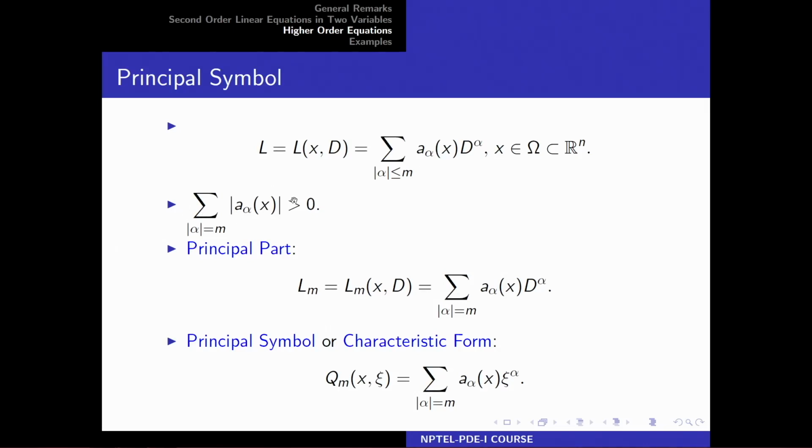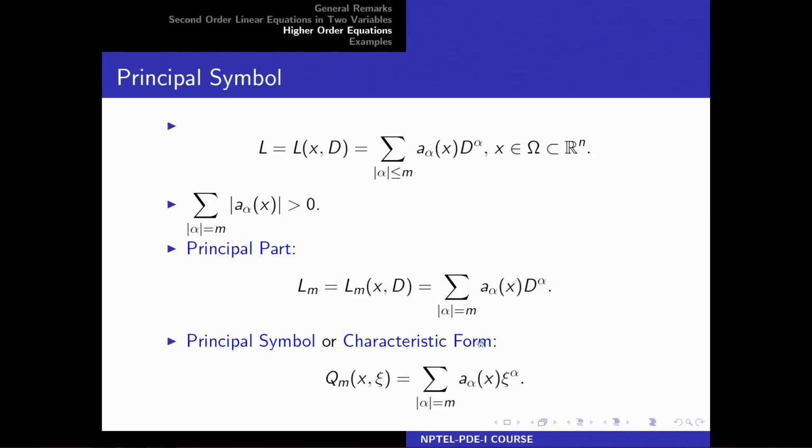So, this is an mth order equation, and so we collect only the highest order terms and call that the principal part. So, this consists of only highest order derivatives, namely mod alpha equal to m, and associated with the principal part is the principal symbol or